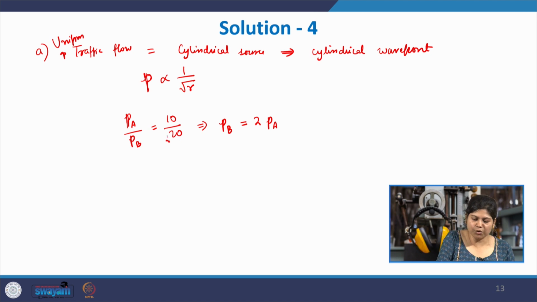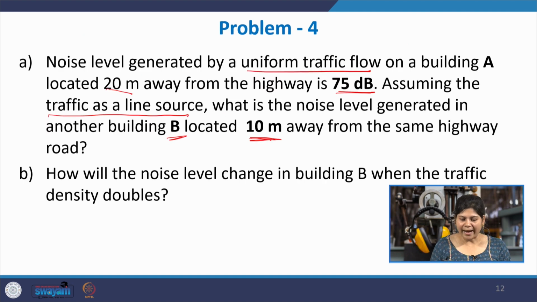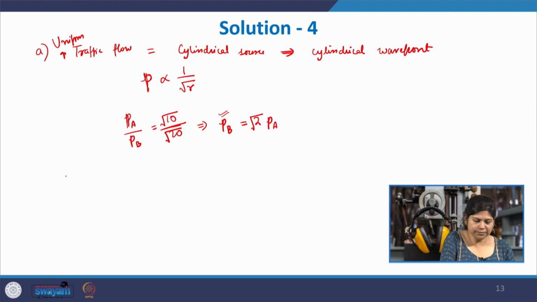Sorry, this is going to be root over, because it is inversely proportional to the root of the distance, and hence the pressure at the building B because of the same source would be root 2 times the pressure at the building A. Okay. So, now we have this, and we have to find out the SPL at the location B for the same case, and this one is given as 75 dB. So, let us solve. SPL at B, or simply L of B, is given as,